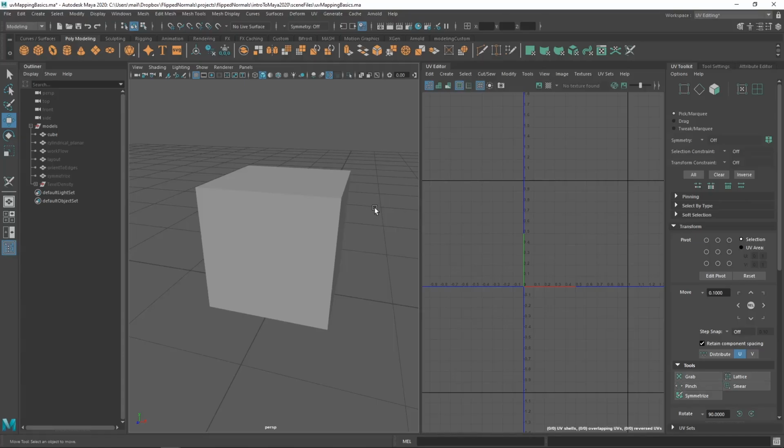The UV tools found in Maya are really one of my favorite UV tools in any 3D software. They are incredibly powerful and will help you with really any UV job you might have. For this video, let's load up the accompanying files, uvmappingbasics.ma, and we will also use a workspace called UV editing,